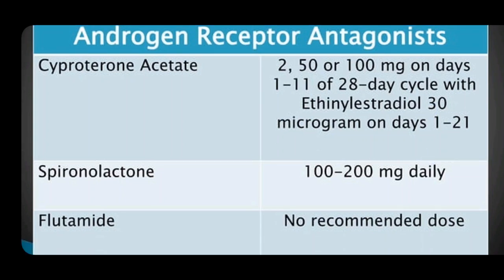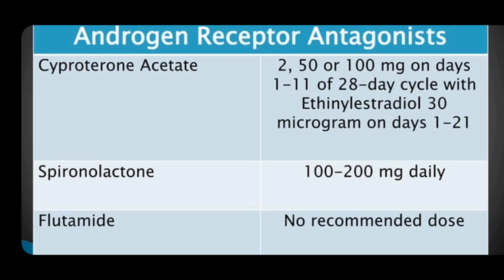Cryptorelin acetate 2 to 250 or 100 milligram with ethinyl estradiol. অ্যাকচুয়ালি উই হ্যাভ কম্বিনেশন জায়ান 35 যেটা আছে, ওটাতে ক্রিপ্টোন অ্যাসিটেট 2 থাকে এবং ইথিনাইল এস্ট্রাডিল 35 থাকে। আমরা ডে 1 টু ডে 21 ডেজ পর্যন্ত ইউজ করি, তারপরে 7 ডেজ অমিট করা হয়, দেন আবার শুরু করা হয়,